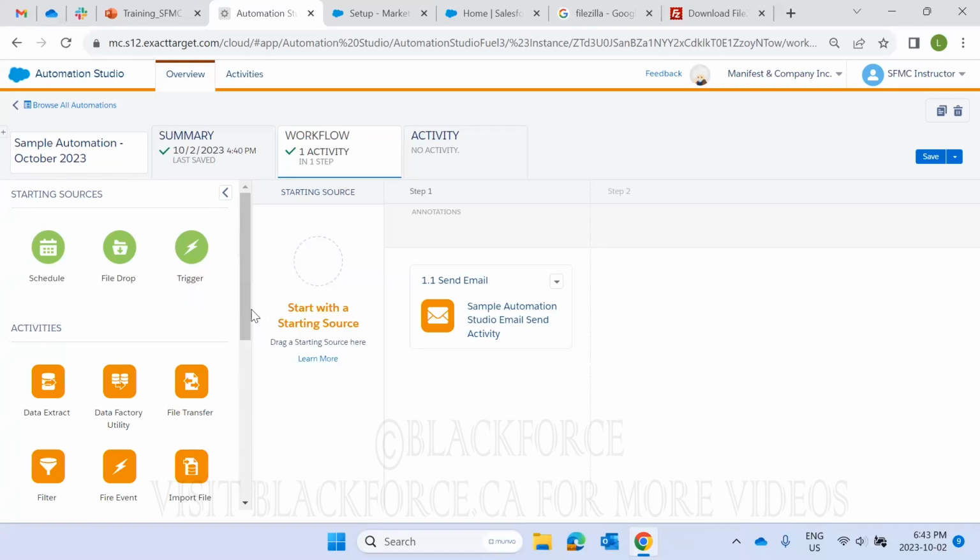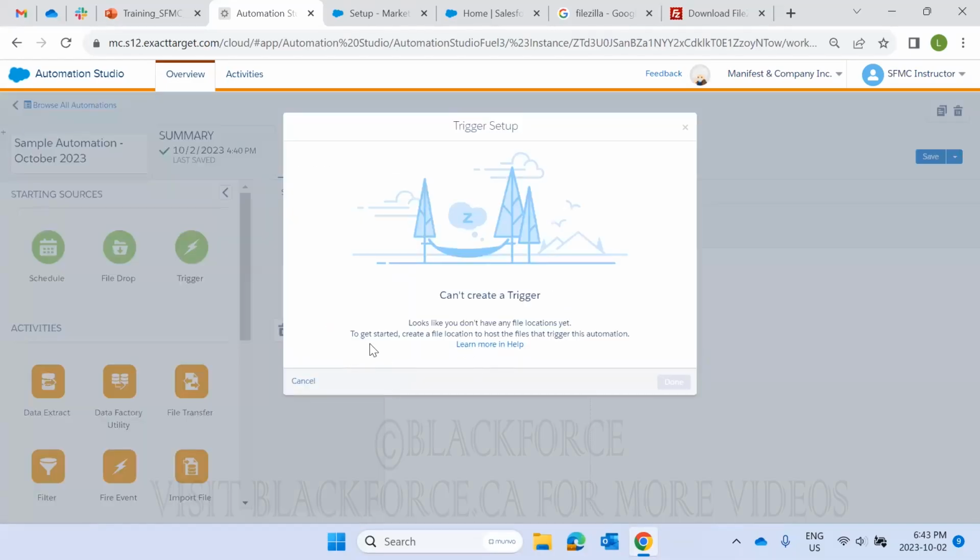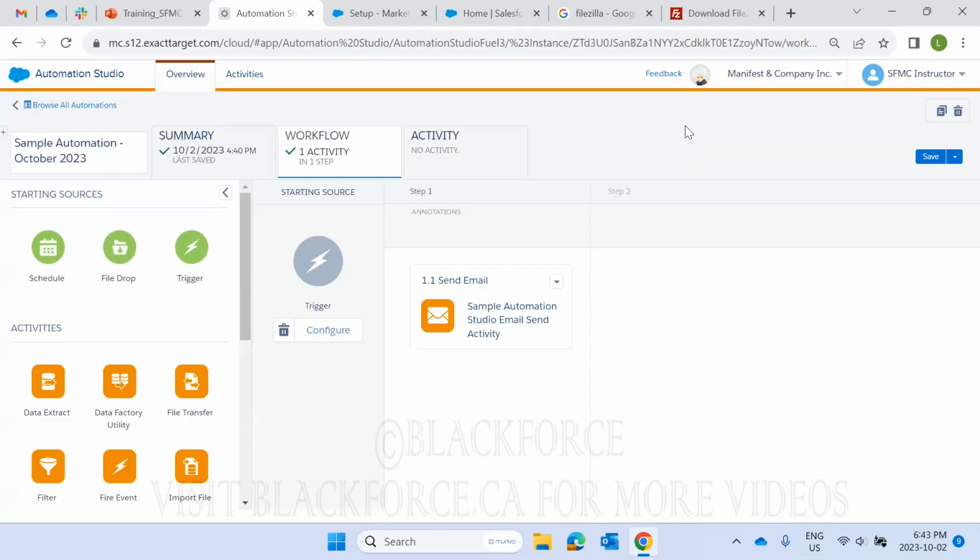So that's the answer to that question. So when do you use the third one, the trigger starting source? This one requires some configuration,